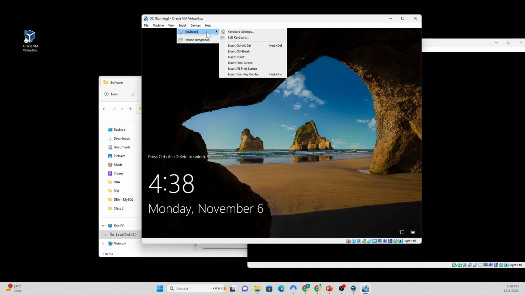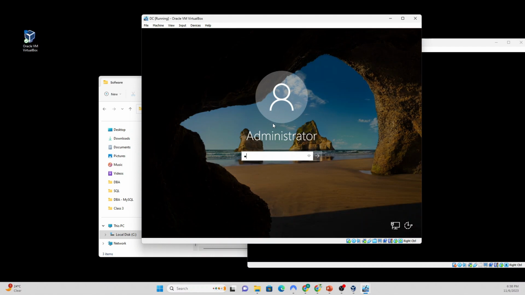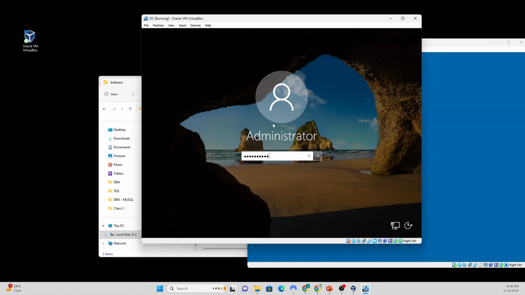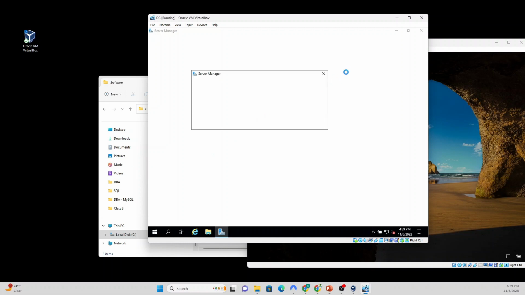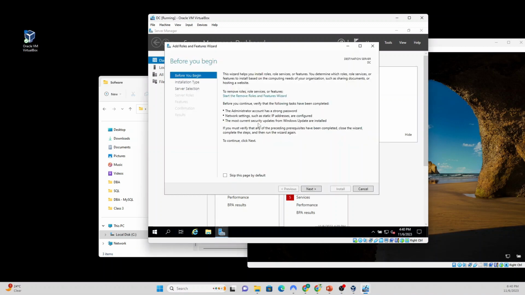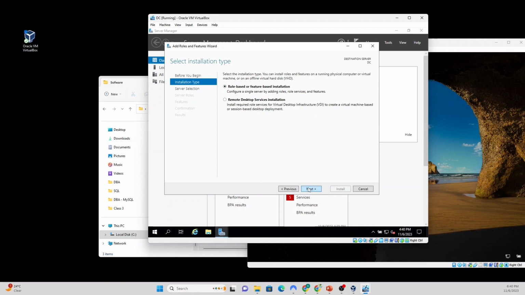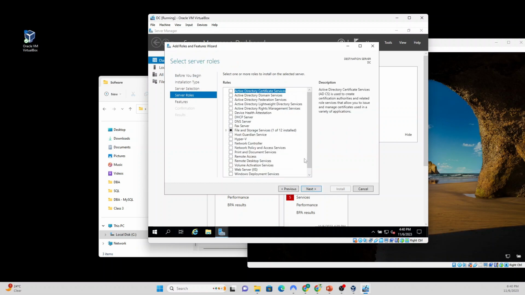Now this is up and running. Now I'll click on login again. To install a window feature called the domain controller, let's do that now. So click on add roles and features. Click on next. Click on next. Click on next. Then